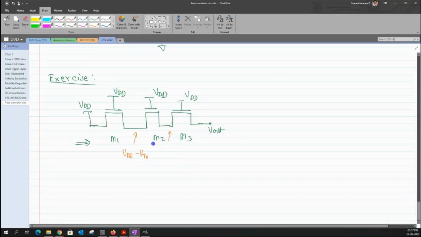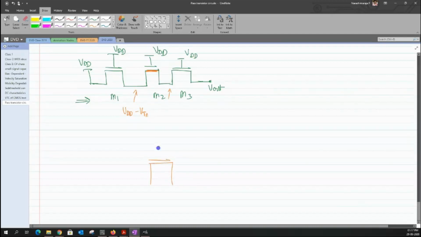But can I think the channel will not be formed? Yeah, the channel will always exist, right? In this case, the channel at this particular point will always exist when you try to increase this particular potential. So say, for example, it is something like this. I have VDD here. Now, if I have a value of VGS that is equal to VT, I could consider this terminal itself as my source. So I know that there exists a potential difference, and that potential difference is basically closer to the value of VTN. Let me have our capacitor over here, with respect to M2, and let us assume that this is equal to VDD by 2.